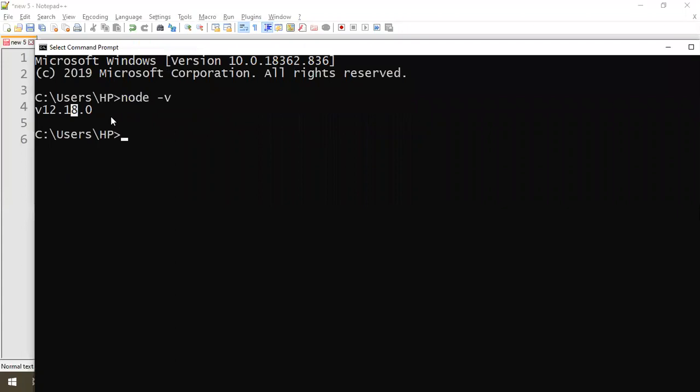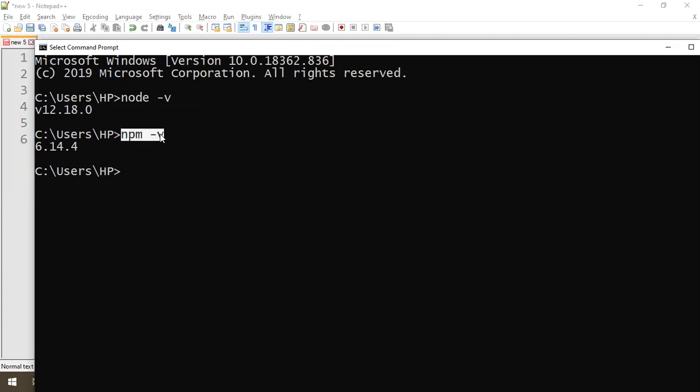Along with this, you also check another version, that is npm space hyphen v, enter, all lowercase. You get some other version, like 16.14. What is npm? It is the node package manager, which comes with all different libraries. For any JavaScript library you want to install, you need to use this module.